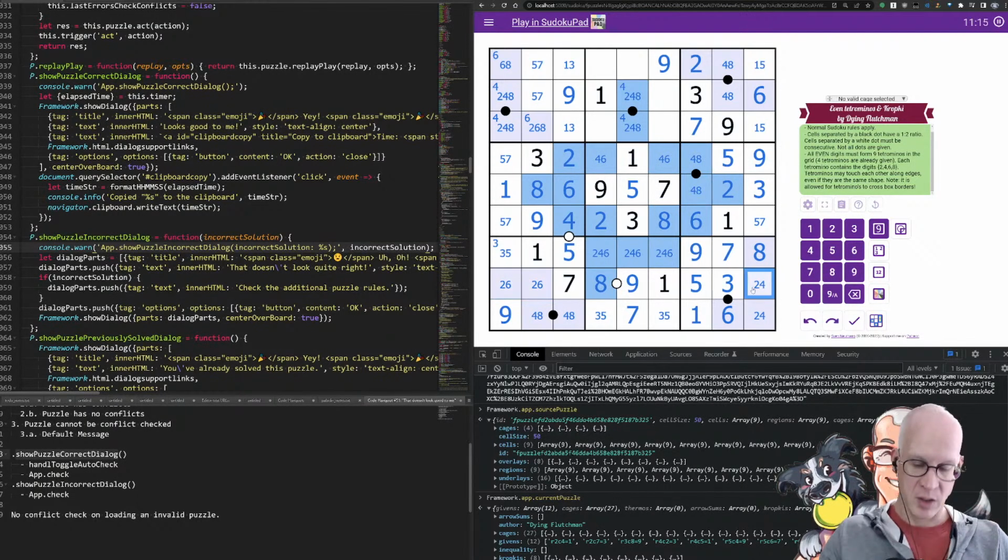2, 6 pair. Puts a 4 there. Don't have a lot of 4s yet, interestingly. Not an 8. 2, 6 pair. And the 8 makes that a 4. That 4, 6 removes the 4 from that square. Getting there. Getting there. 2, 4, 8 triple.